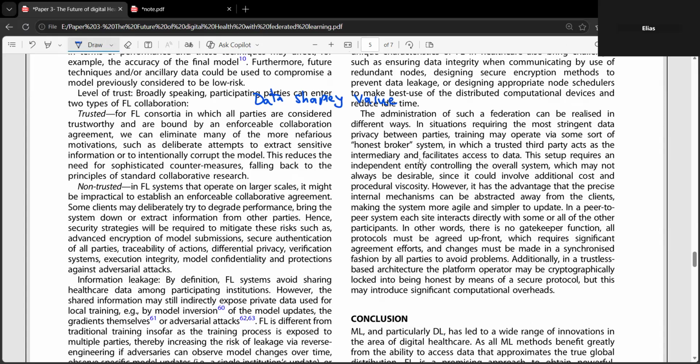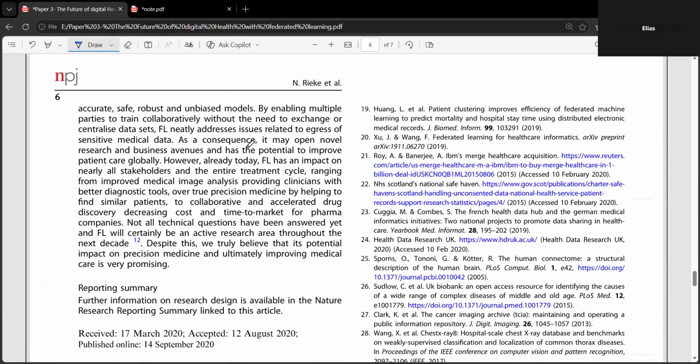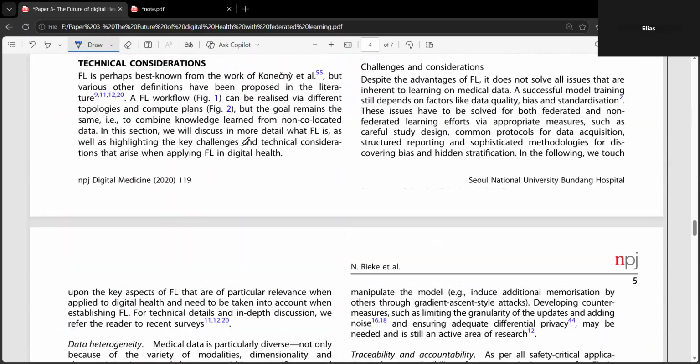What else to talk about? Let me see if there's any other point in this paper that we can see together. Just a quick clean-up here. Yeah, I don't want to repeat myself. Of course, a lot of things are repeated in this paper. But this is mainly a review.